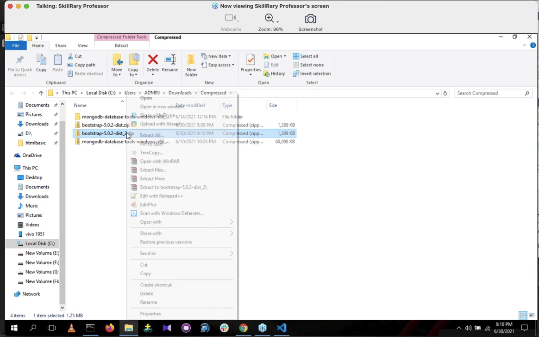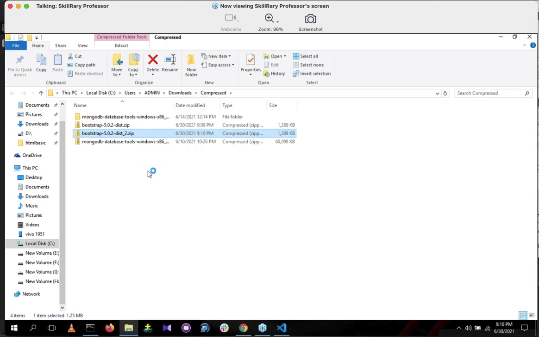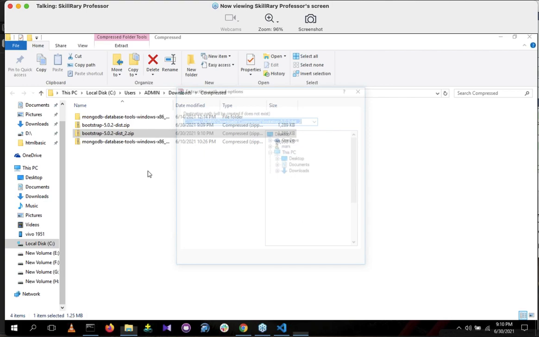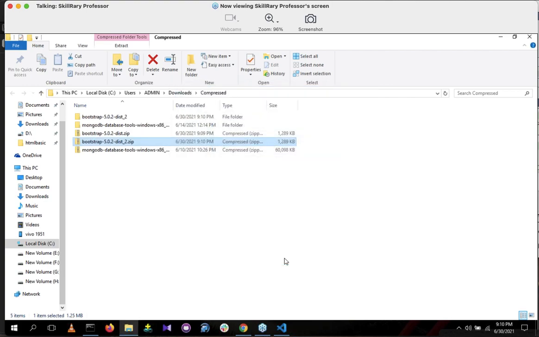Right click, extract file. Everyone getting this option? Click the extract file option. Okay. And click OK. For me, it's extracting.